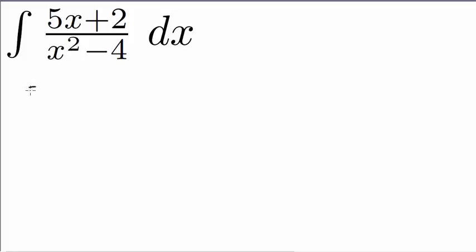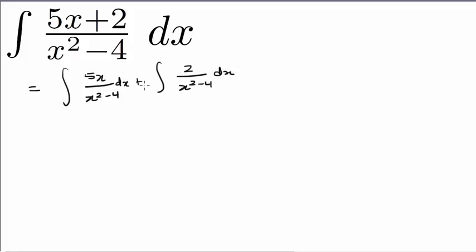So what do I mean by that? I mean that this integral is equal to the integral of 5x on x squared minus 4 plus the integral of 2 on x squared minus 4, and each of these integrals is integrated with respect to x. It's an equivalent statement. Now on this first integral, 5x on x squared minus 4, we can see that this is almost in the form of the integral of f prime of x on f of x dx,